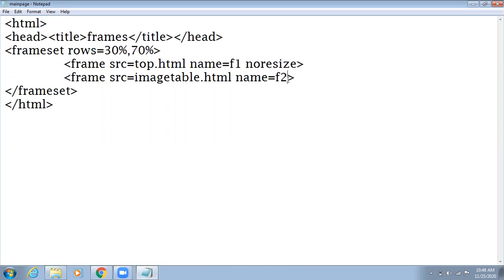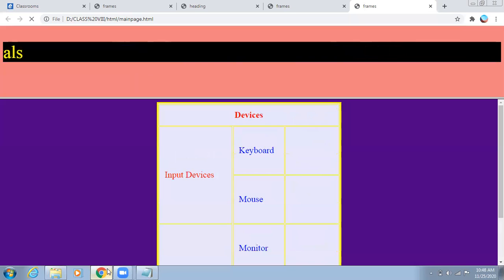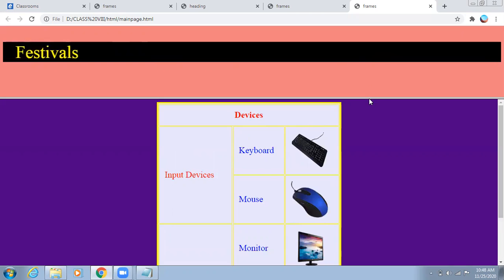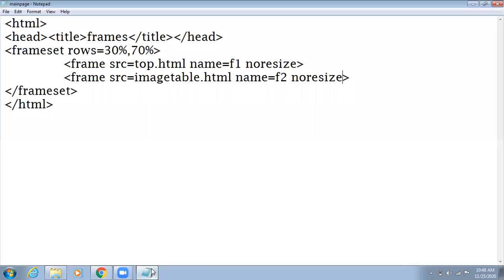And in the second frame also, noresize. Save, check. Now I'm not able to resize this frame because the arrows are not coming, which were coming earlier. Clear? So we have blocked this for the user now.